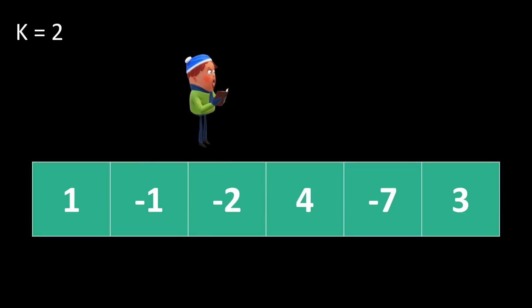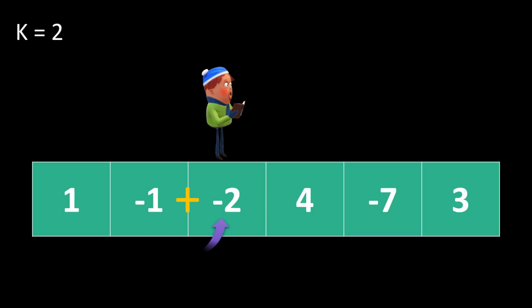Now, talking about the jump. When we jump from one index to another, we need to add the values present at the two indexes. And till the point we reach the last index, we need to sum all the index values that we have covered during our jump and return the maximum sum that we can get, along with the constraint that we cannot jump more than k steps at a time.